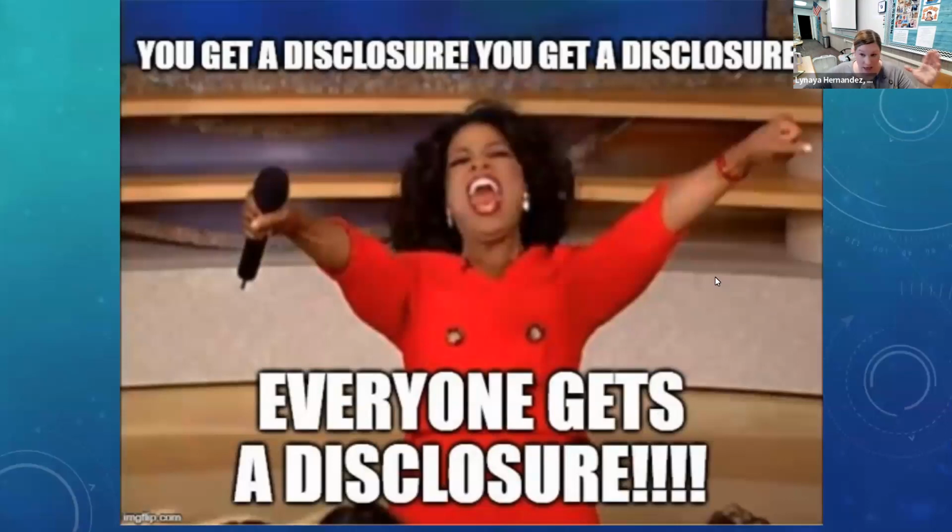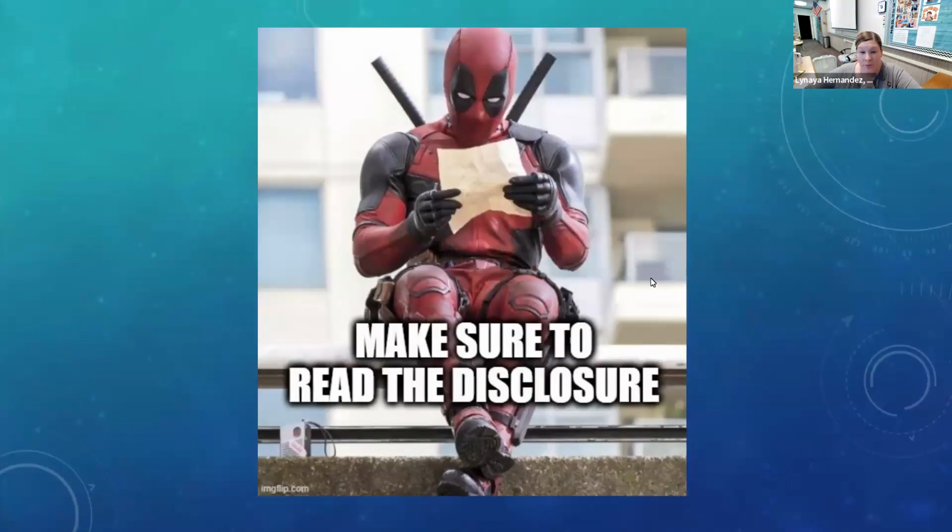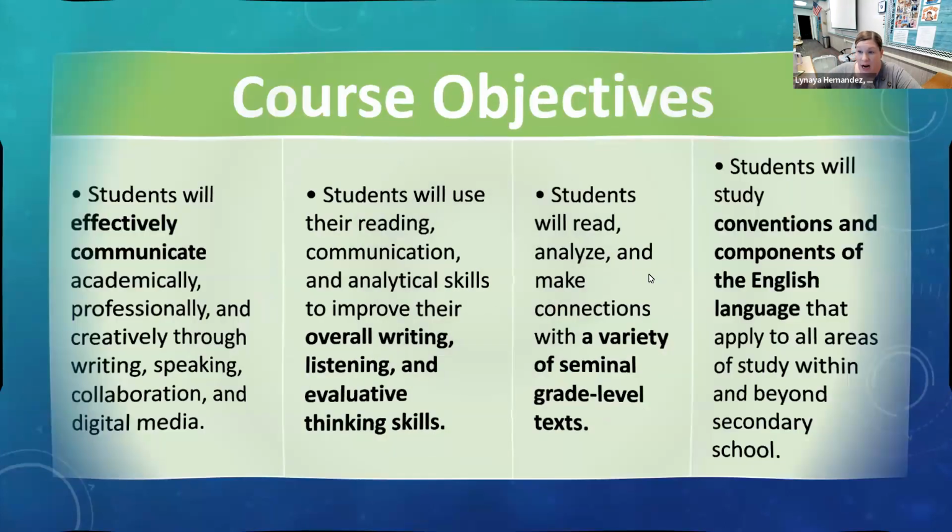So if you can take out your paper copy of your disclosure that I gave you, you'll need it next to you as you're going through this assignment, because I'm not going to mention every single thing on the disclosure, but you still need to read all of it, right? If you don't have a paper copy of the disclosure, it's available on Canvas. It's available also on my Canvas homepage. So please make sure you have a copy of that in front of you, or split screen, or do what you need to do just so you are clear and have read the whole disclosure by the end of this assignment. Really, knowing the disclosure is the best roadmap to understanding how to do well.